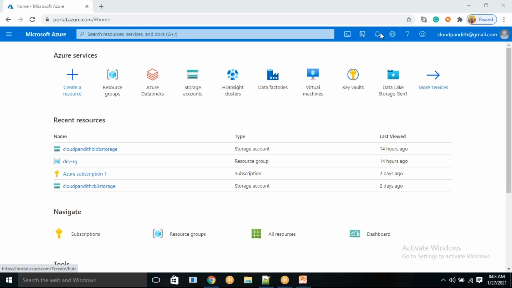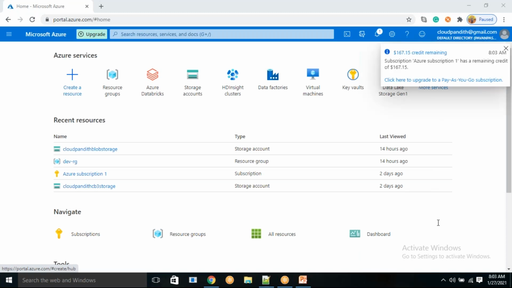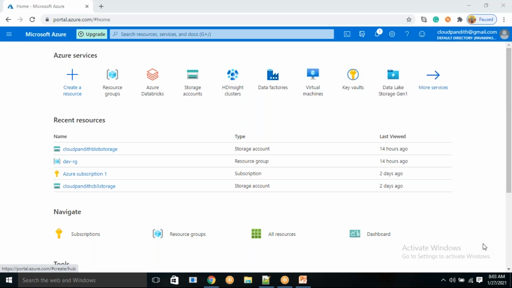Anybody still not having an Azure account? At least ping in the chat window, friends. Whoever doesn't have an Azure account still, please ping in the chat window. Okay, thank you. I hope everybody has created one, right? So you need to efficiently use this particular Azure account.